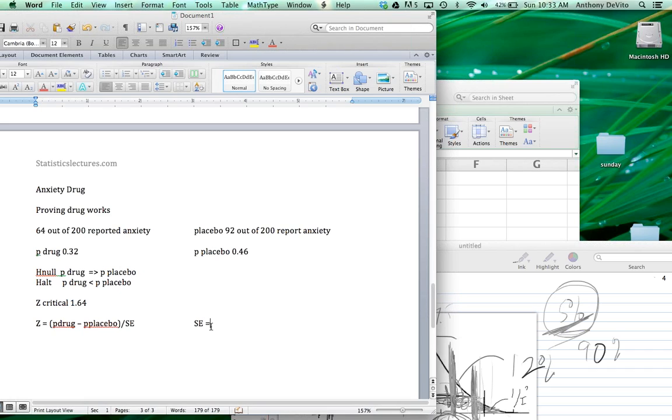And you can go into your various materials, including the PowerPoints, and you'll find the formula for this. If I get it right, let's see. I think standard error is going to be equal to the square root of p drug minus, I'm going to make it more general, p1 minus p2 times p1